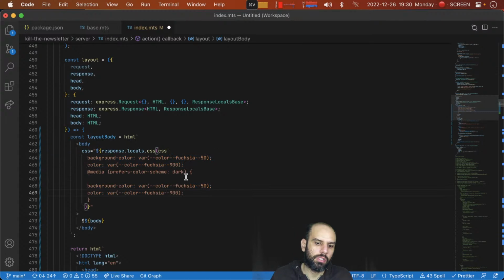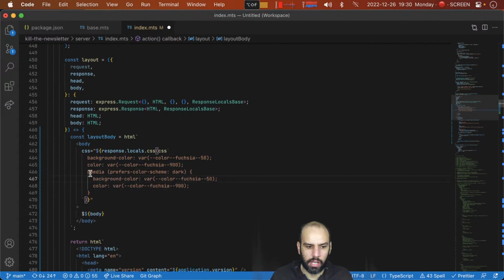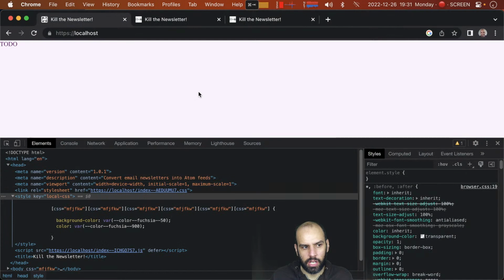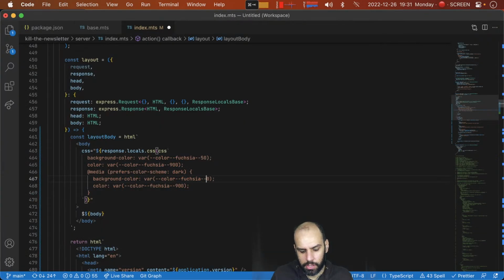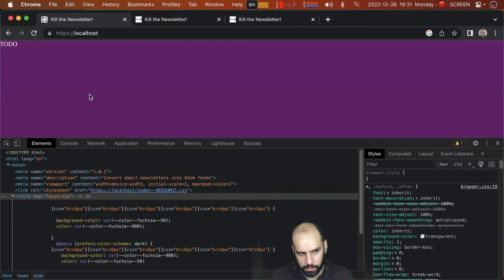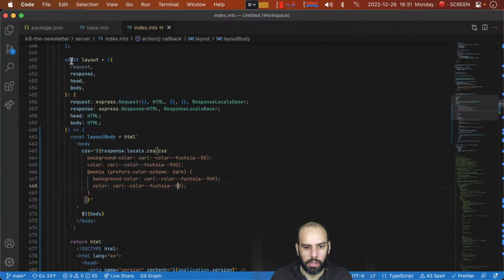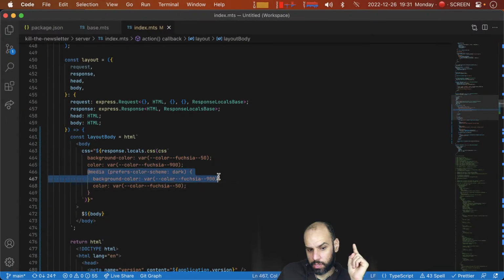And that's how I do my colors usually. I start with light, I do a media query, and then I define the dark theme. Right now, without me touching anything, it's still on the light theme, but now that I save, you will see that it changes to be dark. We are probably not going to fly with fuchsia. I don't like it. But anyway, what I wanted to do was to show you